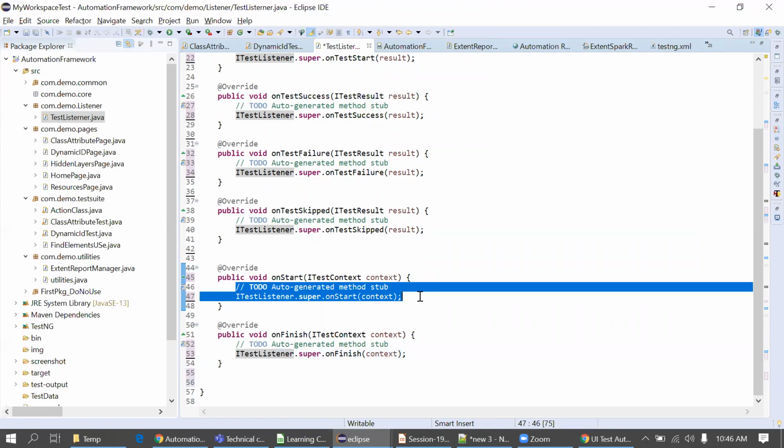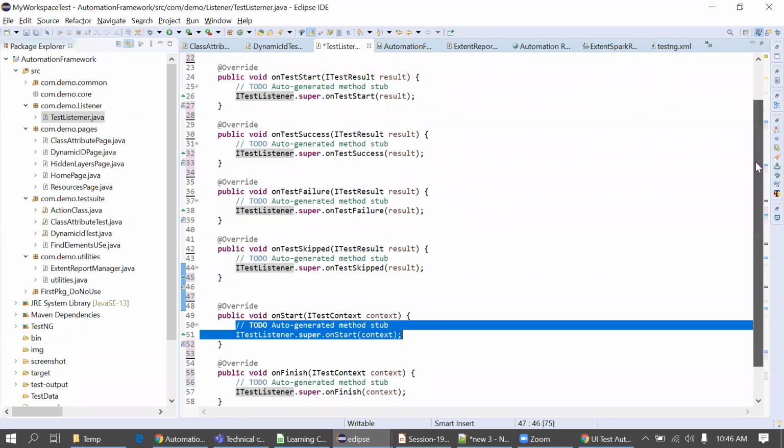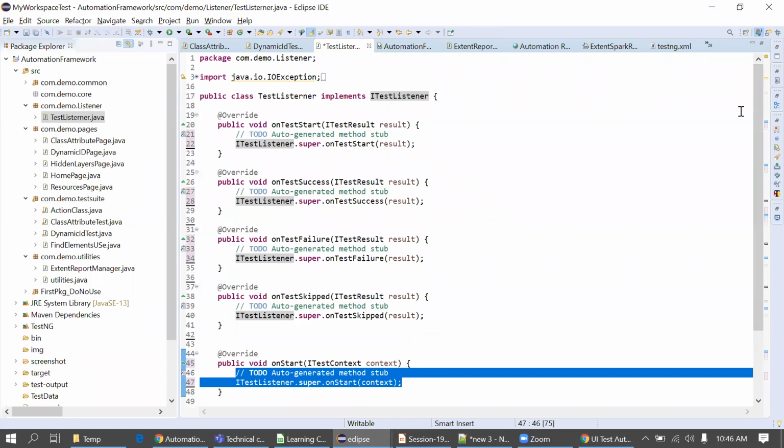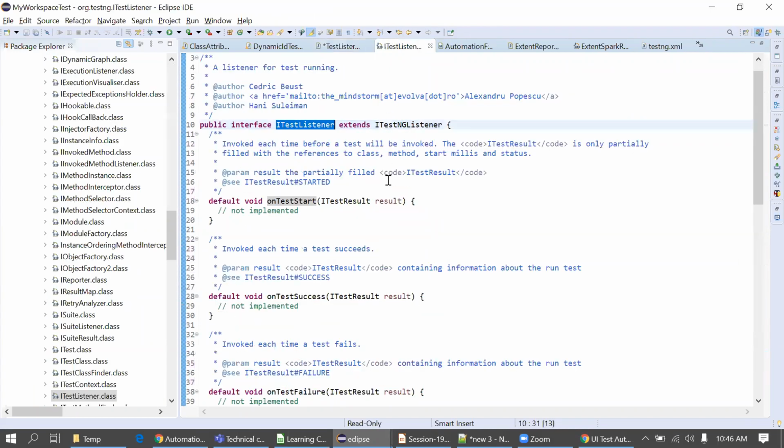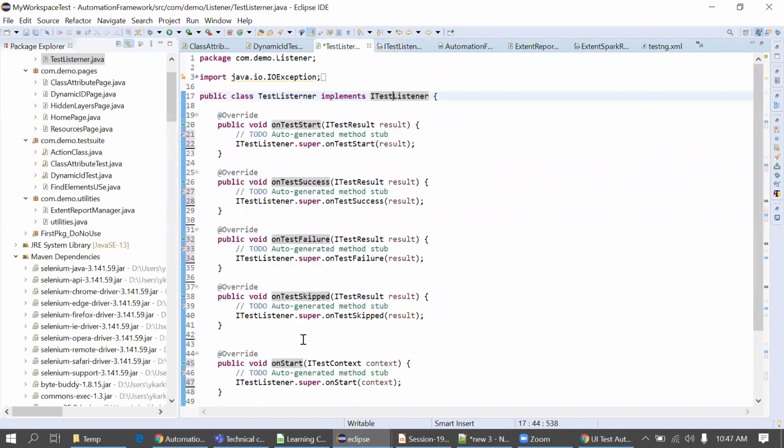Using this override method, what we did: right click, then source, and then override implement methods. Have you implemented the interface earlier? Yes. So these are the methods from this interface itself: onTestStart, onTestSuccess, onTestFailure.